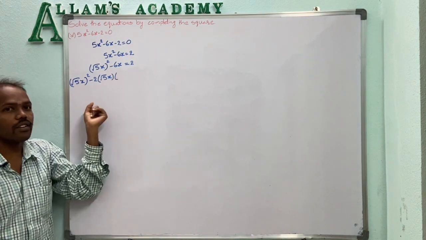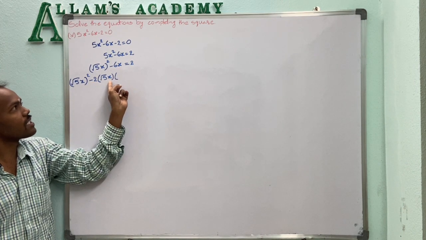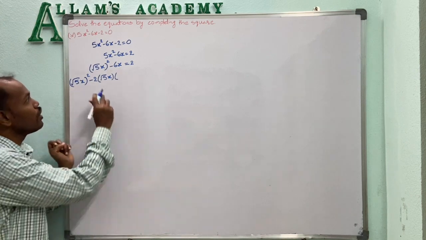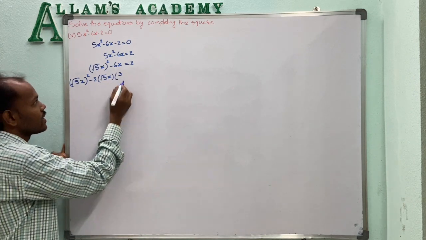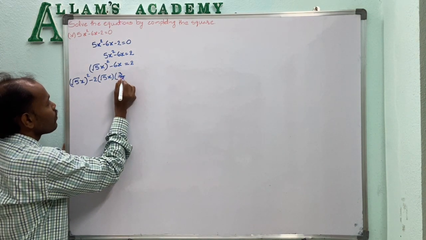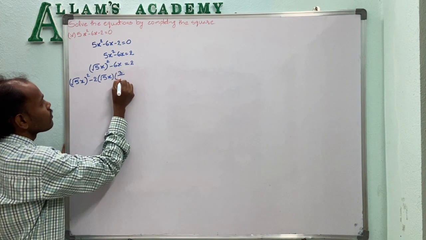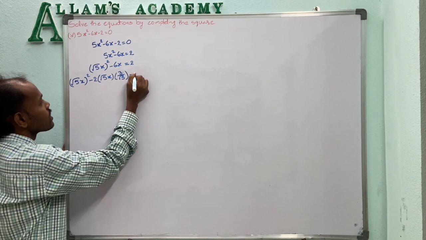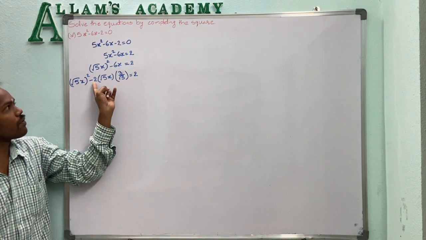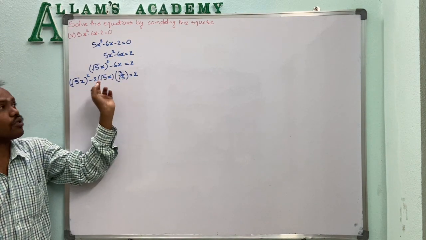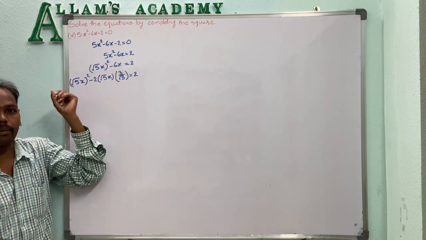Now the b term we want to write. So here we get 6x. So 2 √5 into x is multiplied. Which number do we get? For 6x, 2 times 3 is 6. So that is okay, but here √5 is extra, so for that purpose we divide by √5. So 3 by √5 is the b term. If we observe, 2 times 3 is 6, and √5 in numerator and denominator will be cancelled. That means here the b term is 3/√5.